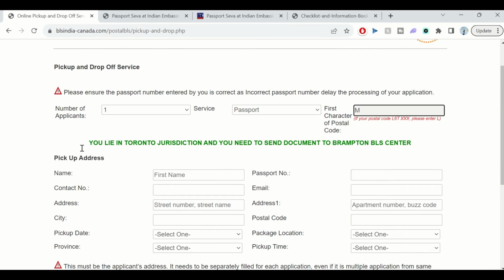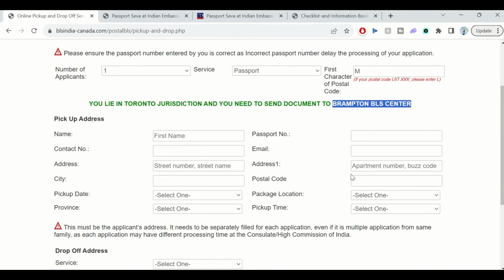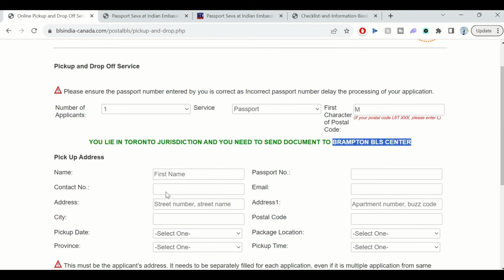So I'll say M, and it says you lie in Brampton BLS Center. So Brampton BLS Center is your center, and there is where you will be sending all of the documents. So now it's easy. You fill in this form. I'll show you how. You put your name, put your passport number,